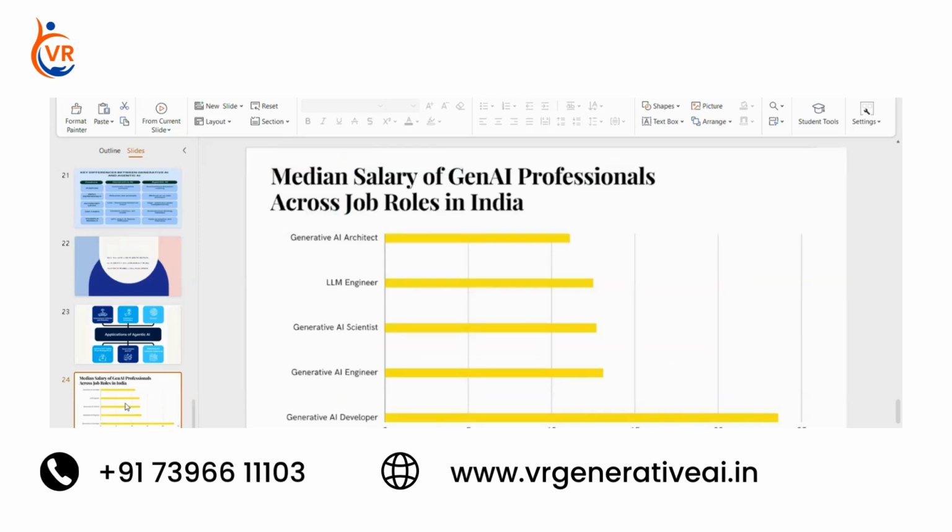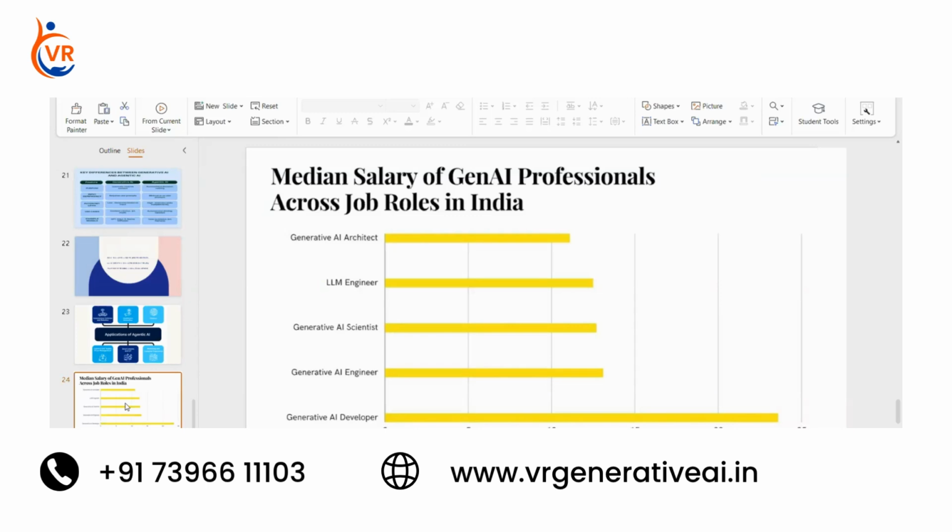So here's the median salary of GenAI professionals across job roles in India. If you become a generative AI developer, your salary will be somewhere around 24 lakhs. But the expectations from the organizations will also be huge, and you should be able to meet them, right? So generative AI developer is a very big role for which you will need a lot of understanding in machine learning, deep learning, and whatever other modules we listed out in our module